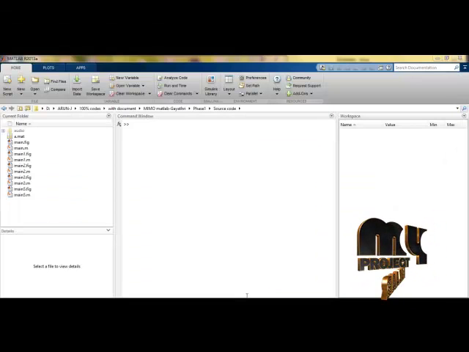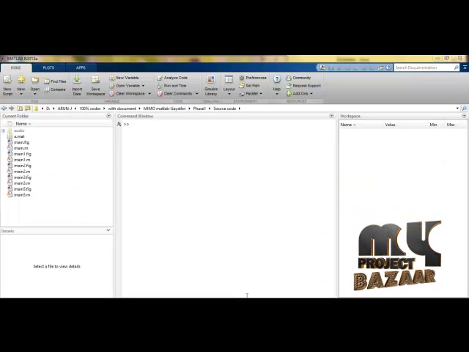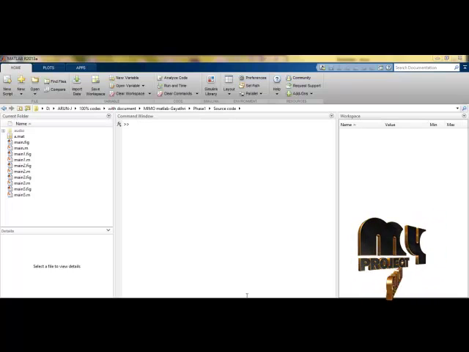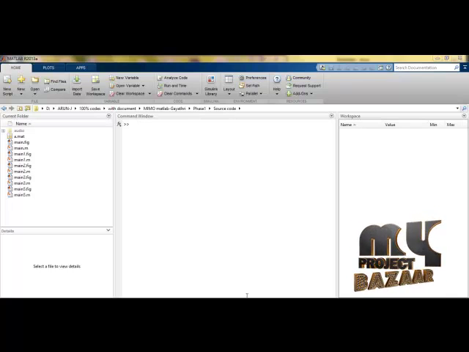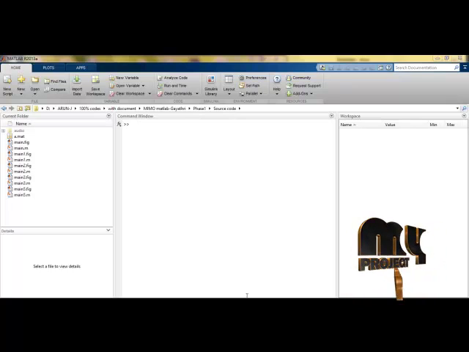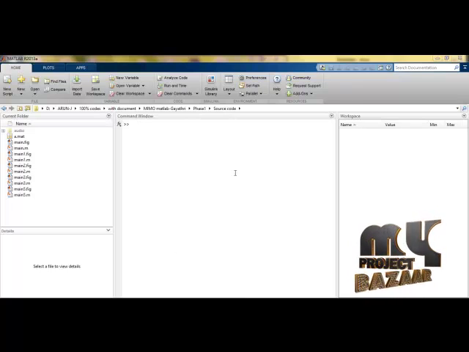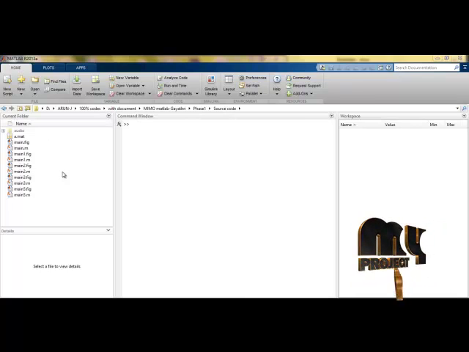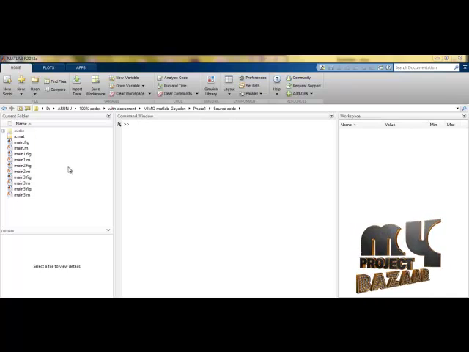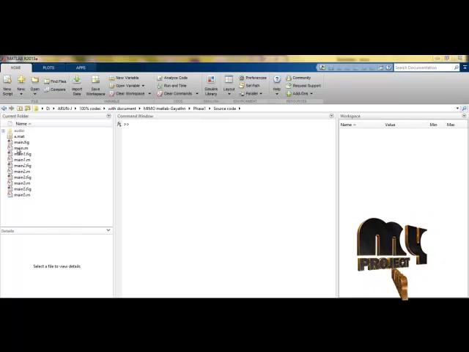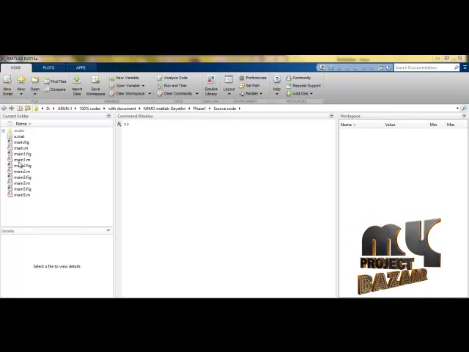Let's see the demonstration of our product. As we already discussed, our product is based on MATLAB programming. Hence, we are using the MATLAB tool. Here we have used MATLAB 2013a for the implementation. This is the main window of MATLAB. This is the directory file. What processes are included in our project will be visible here. You can see all the backups of our process. According to the selected process you can see the details here.